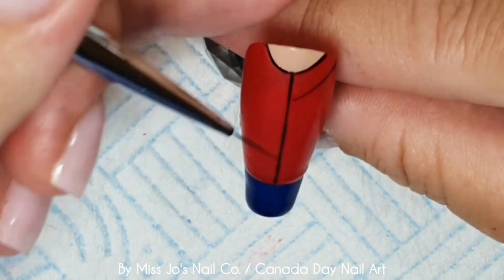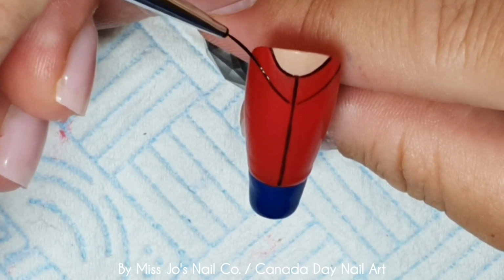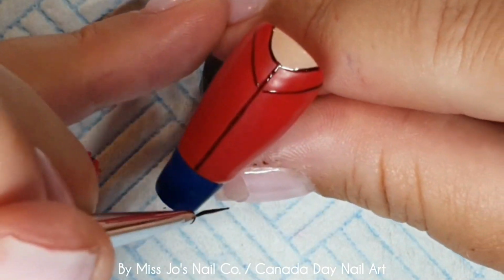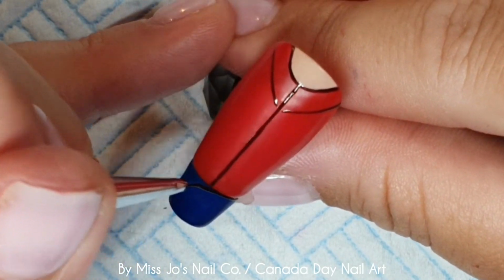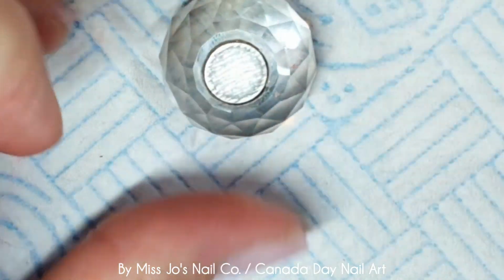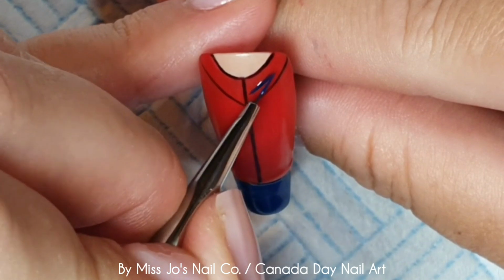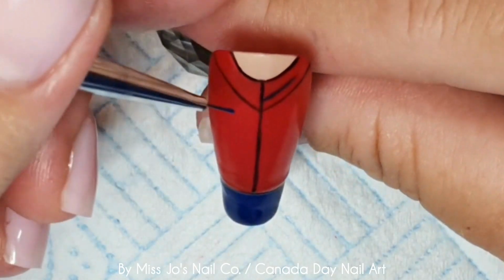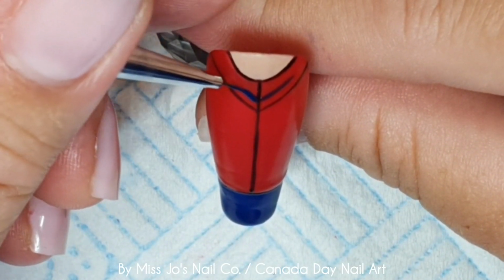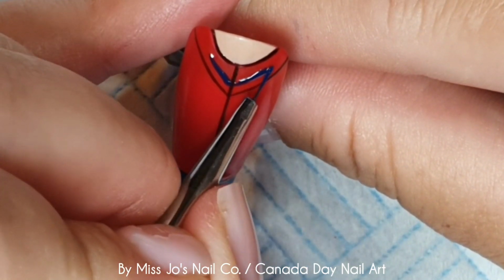I should have done this bit round as well. Oh, look, his neck's coloured in. I did that with butterscotch. Yes, butterscotch. I don't know how I've edited that out. Sorry, I filled in the neck area with butterscotch. But that V that I just did, I would recommend doing rounded and not to a point, just because it kind of makes this next step, the detail on his collar where it has a blue bit, kind of makes